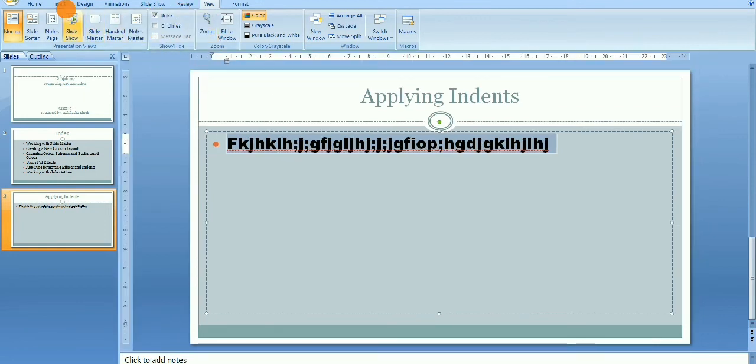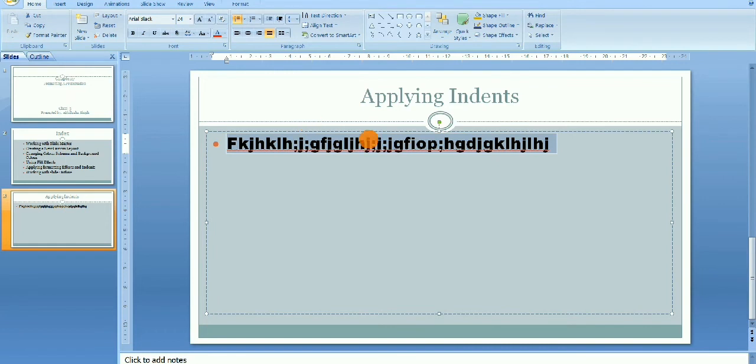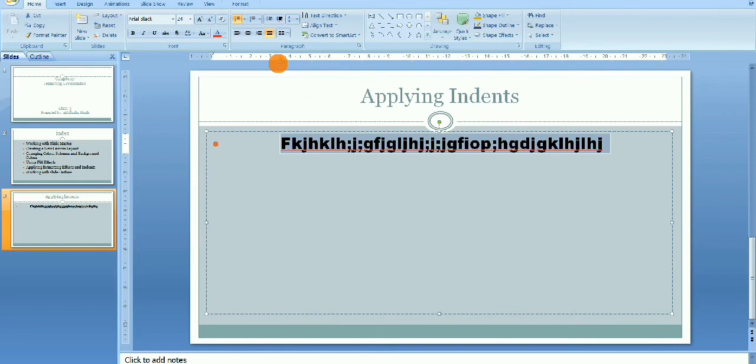From here you just have to set it, then you can move this text like this. You can adjust your first line from this ruler. If you want to move the complete paragraph, you have to move this. Otherwise if you want to move the single line, you have to use this.